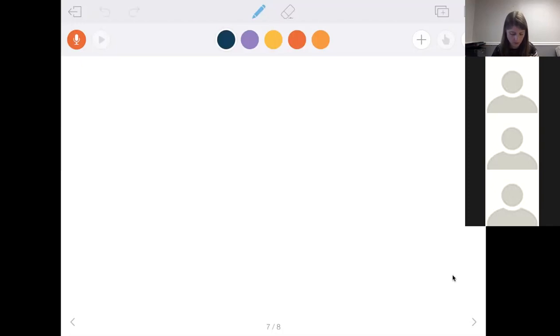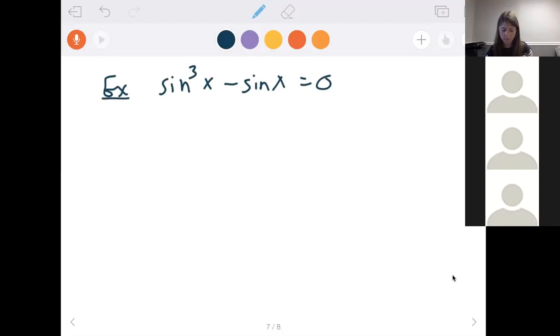So the one I had picked up next for us was sine cubed of x. There's at least one interesting thing on Desmos about this. Minus sine of x equals 0. Now, just a quick note, Desmos note, if you're trying to type sine cubed into Desmos, you have to do it